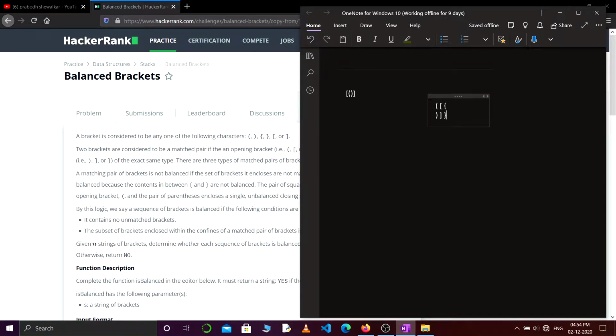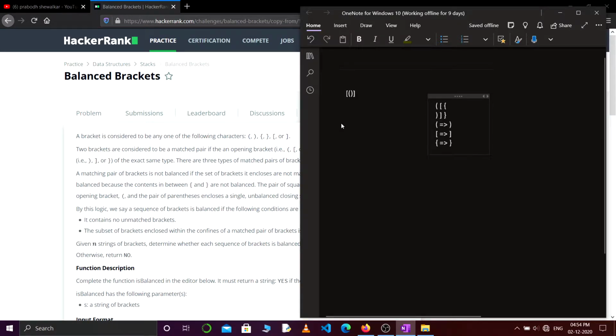If the popped item corresponds to the current item, then it's not a problem. But if it does not correspond to that element, then we will return no. So this opening bracket corresponds to this closing bracket, this opening bracket corresponds to this closing bracket, and this curly bracket corresponds to this closing curly bracket.